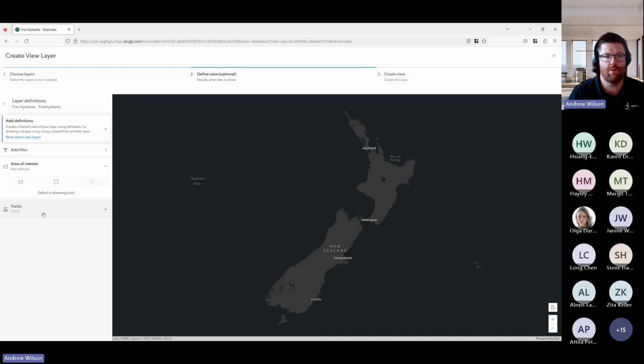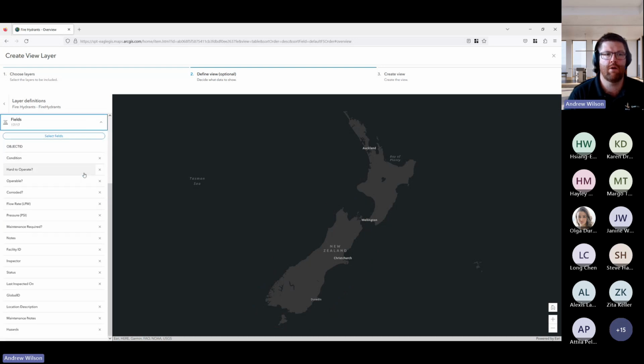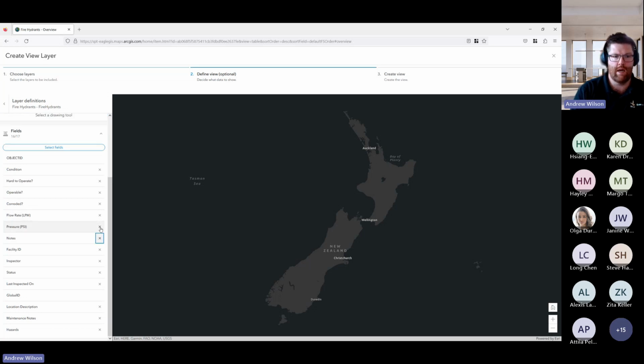But for this scenario, we're wanting fields. So I can go through and identify fields that I want to see. I want the public to be able to see where the fire hydrants are, but they don't necessarily need to know when maintenance is required, or the facility ID.